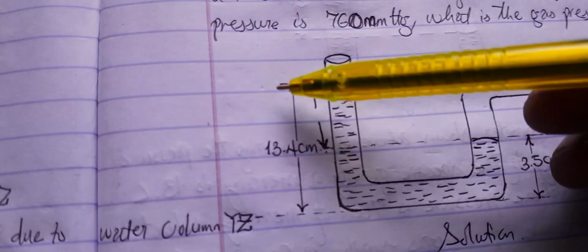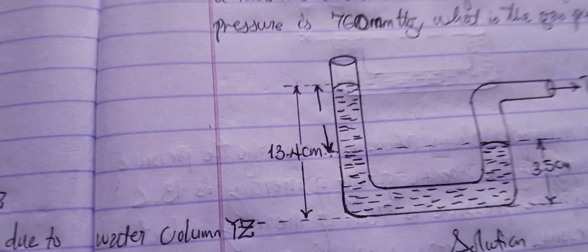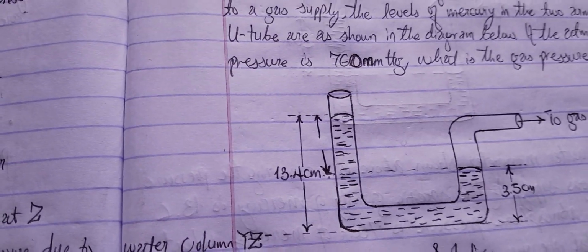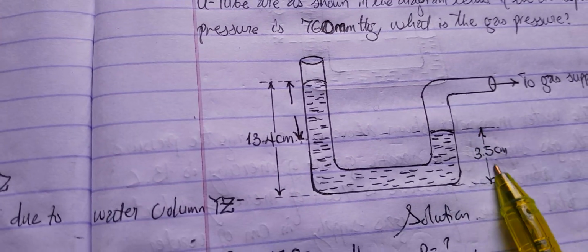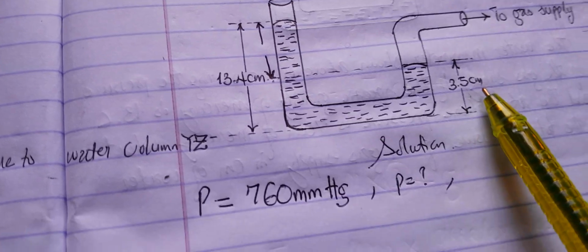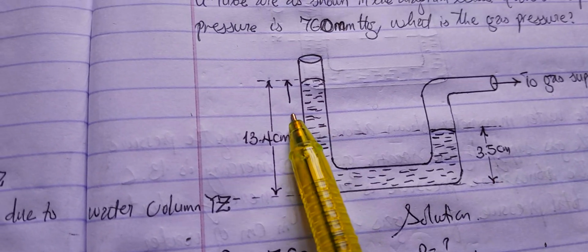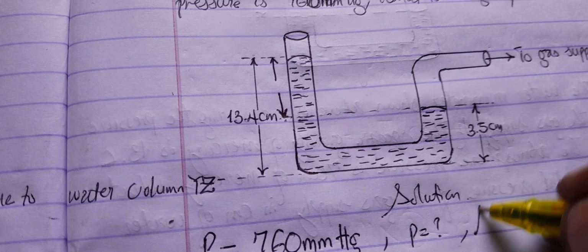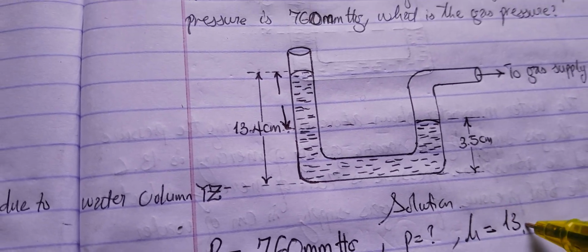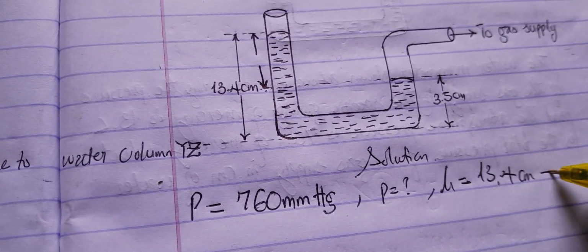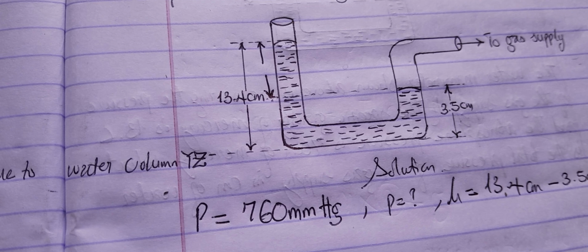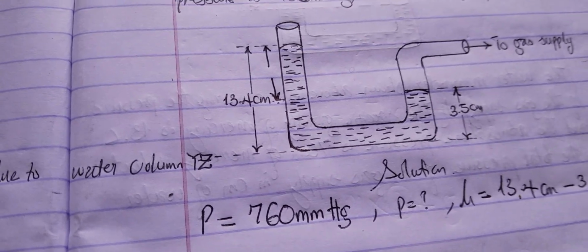If the height from here to here is 13.4 centimeter, and then we have this height which is equal to 3.5 centimeter, the question now is, what is this height? The height is very simple to calculate. It will be 13.4 centimeter minus 3.5 centimeter, which will be equal to